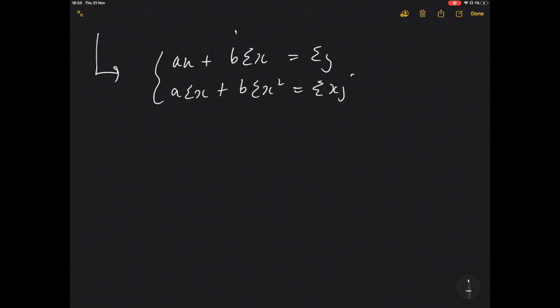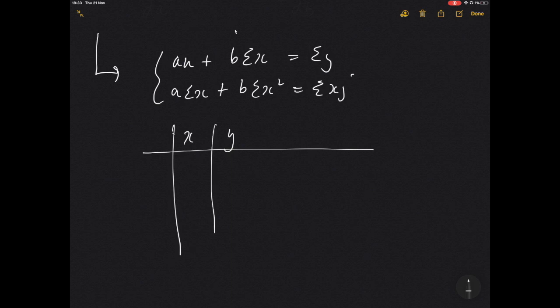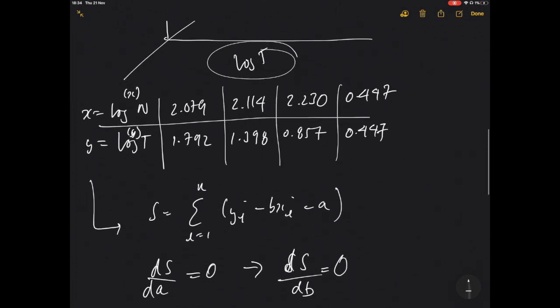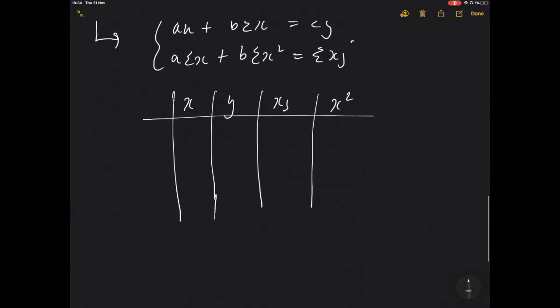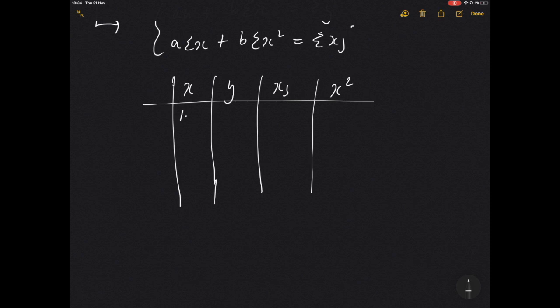So what we did next is we created this table. We can do exactly the same thing here, where we have x, y, xy, and x squared. And then we just calculate our values. So we just put them in. We've already worked them out here. I think I've actually put these the wrong way around, where this is x and this is y from the example. Anyway, so we put our values in and we get 1.792, 1.398, 0.857, and 0.447 for x, and then we would have